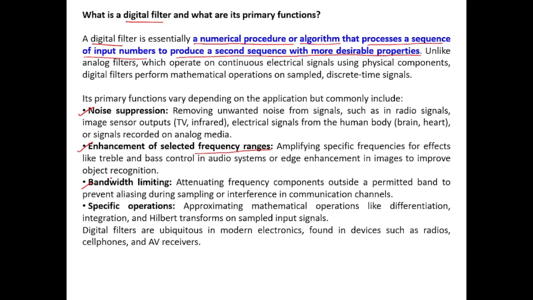Then comes band limiting. Band limiting we have already discussed in digital filters. Before we pass the signal into the digital filter, we have to do analog to digital conversion, and at the input end of the analog to digital conversion we may have an analog low pass filter, for restricting the maximum frequency. Then once it is digitized and it comes to the digital filter, we may have, for example,